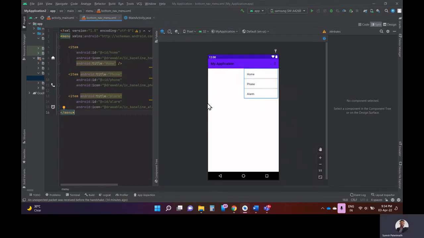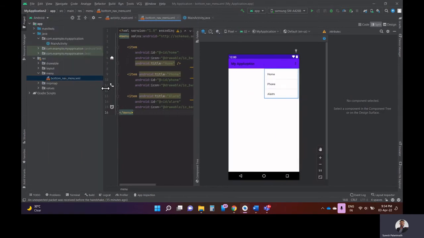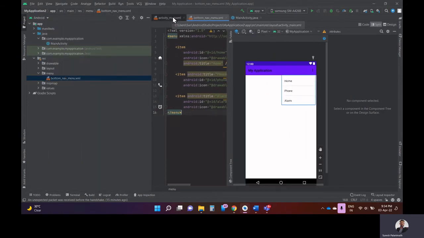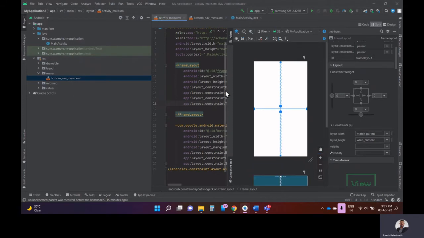Now the next task is, we want to use this menu in the bottom navigation area. So that is on the bottom side. Now we need to connect this menu with the bottom navigation view which we created earlier. That is in the activity_main.xml file. So how do we connect that? At this time we will open activity_main.xml, and in the XML file, we have